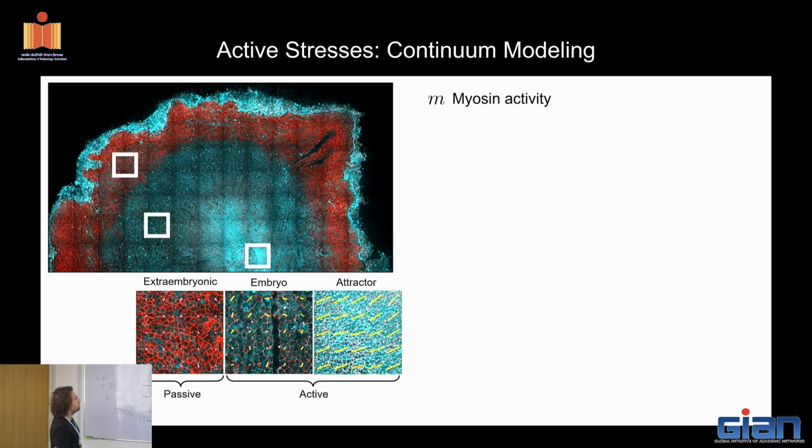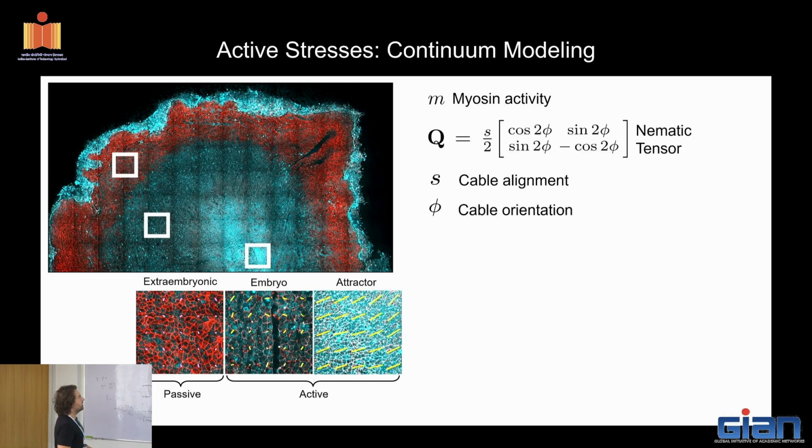Okay, so what do we need? We need a scalar field, the myosin activity. Then we need a nematic tensor. Are you familiar with the nematic tensor? You should be. Anupam described it quickly, but again, this tells you the orientation of the nematic director, which in this case is the myosin orientation, and S is the nematic order parameter, which goes to 0 when there is no oriented myosin, or goes to 1 when all the little cables are aligned, if you do an average